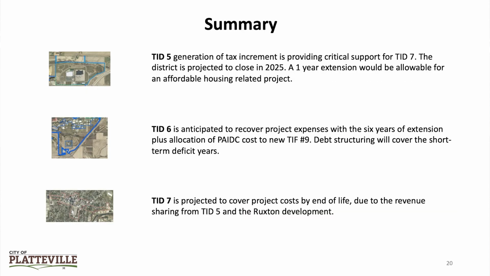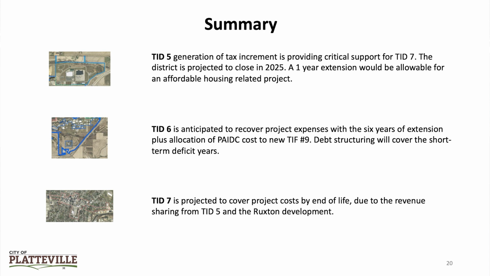Okay, so last slide I'm going to talk about, just an overview summary. So TID 5, generation of tax increment, is providing the critical support for TID 7, projected to close in 2025, and a 1-year extension would be allowable for an affordable housing related project. TID 6